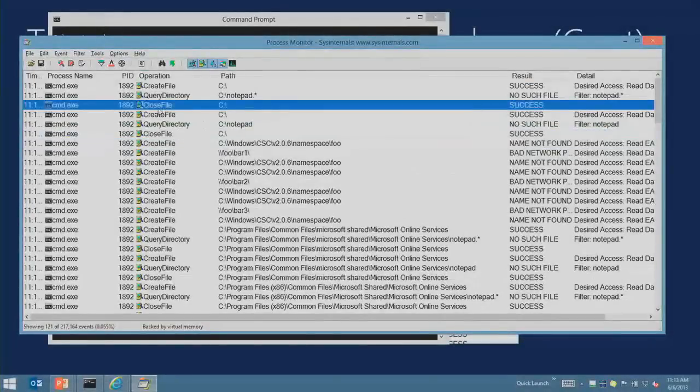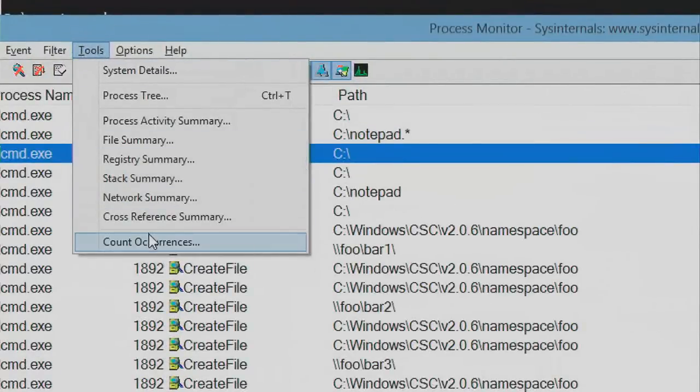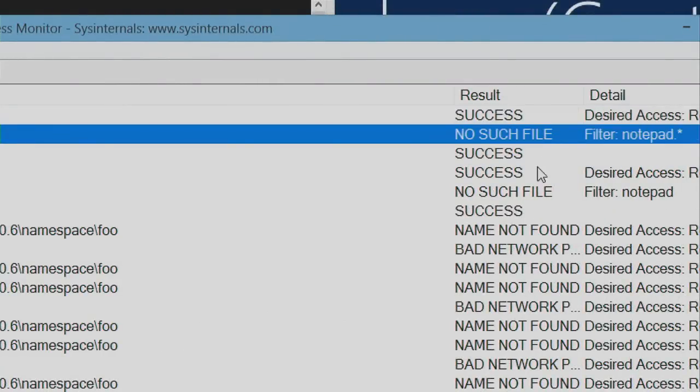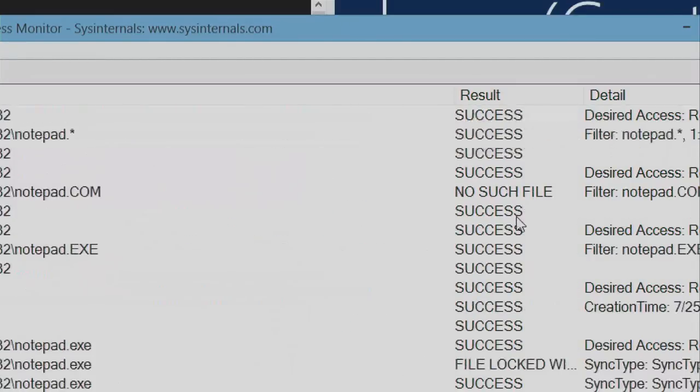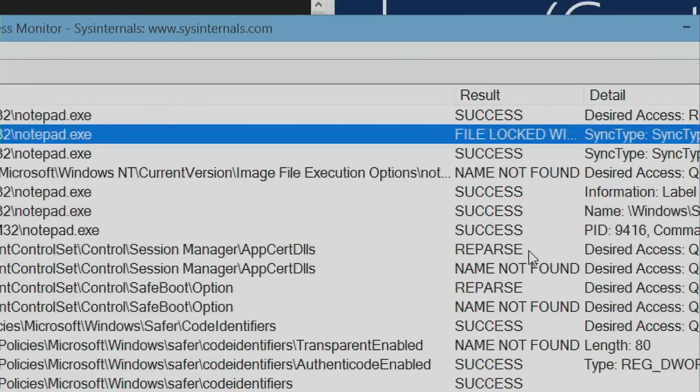So what do we do in this situation to troubleshoot this problem? One of the tools that Process Monitor has up here, one that's frequently used during troubleshooting, is to look for bizarre or unusual results over here in the result column. You'll notice in the result column there's success, no such file, bad network path, and bad network path is kind of suspicious in this case, file locked with only readers. Some of these are just part of the normal day in, day out grunge of APIs saying, no, don't check here, no, don't do this, go do something else, and applications know how to deal with it on a reasonable